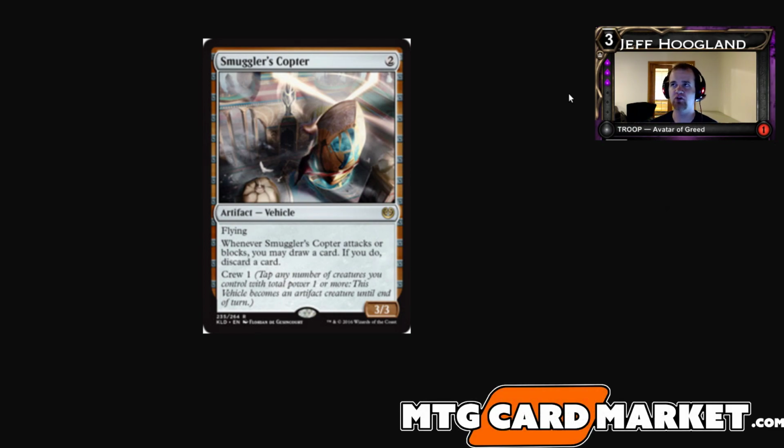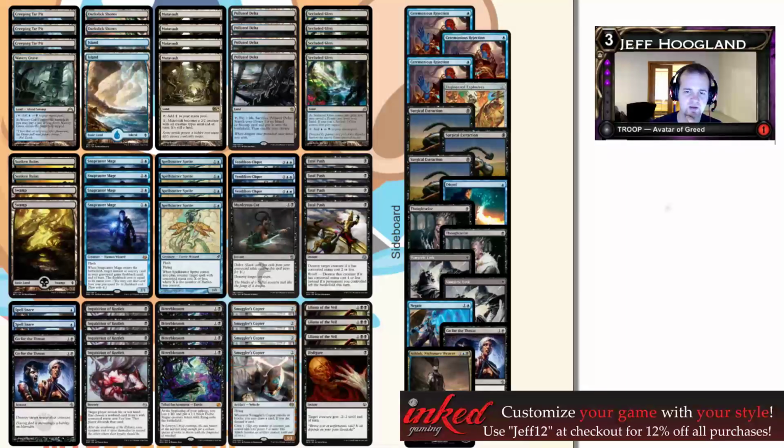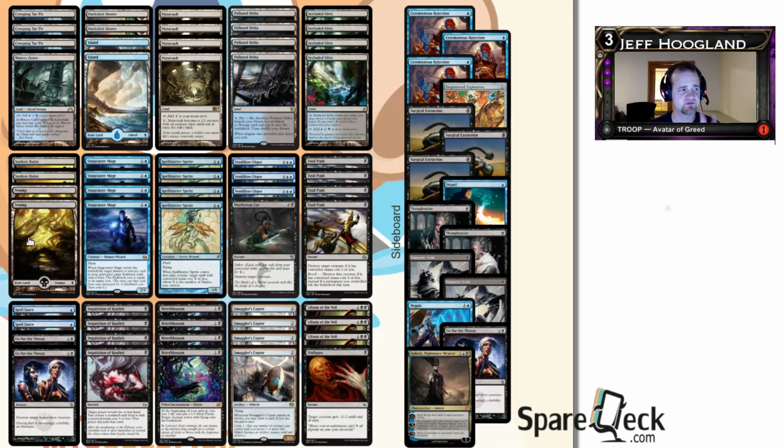You can also use creatures that are summoning sick to crew vehicles, so if you have a new token from your Bitter Blossom, you can use that to crew your Smuggler's Copter right away and start attacking and applying pressure to your opponent. Because this configuration of Fairies is a little bit more discard and aggressive based